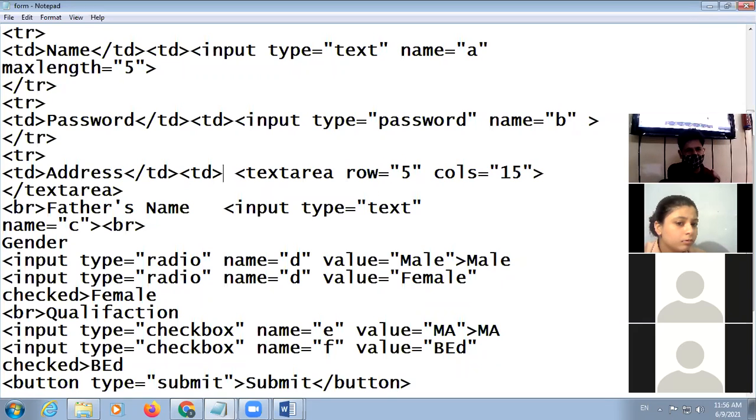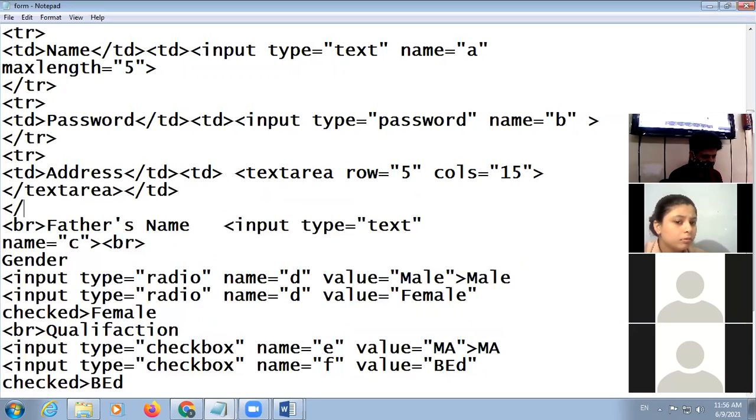Here is a textarea, and then textarea close, then td close, and after that tr close.